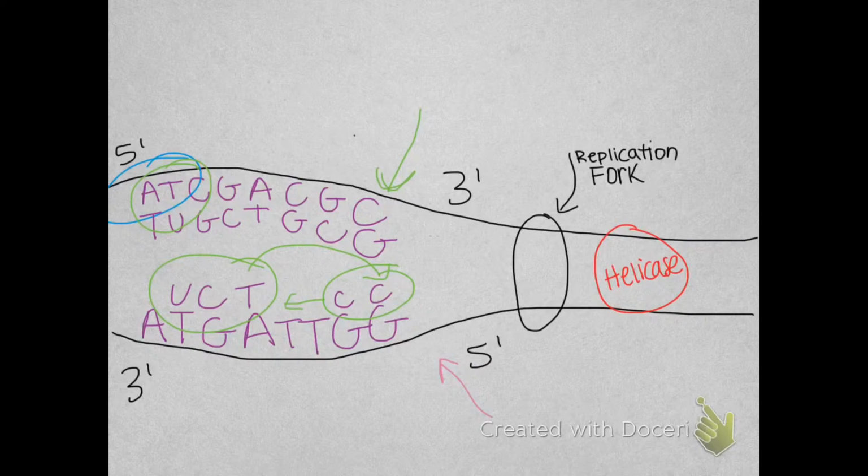So these short little segments that RNA primase and DNA polymerase are working on together are called Okazaki fragments. After all of our nucleotides are matched up, an enzyme called DNA ligase comes in and works its way down the strand, making sure that all of the strands are bonded together. And then it also does